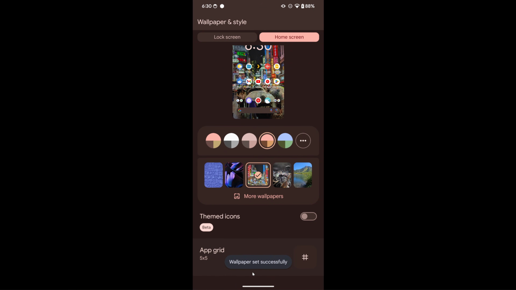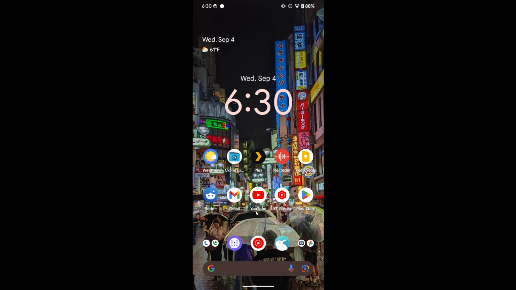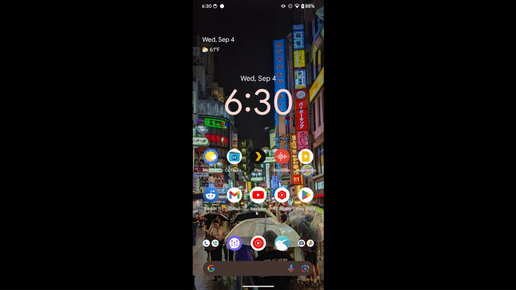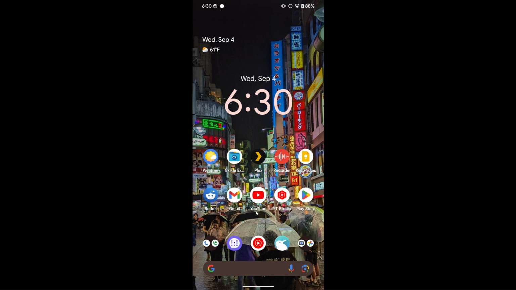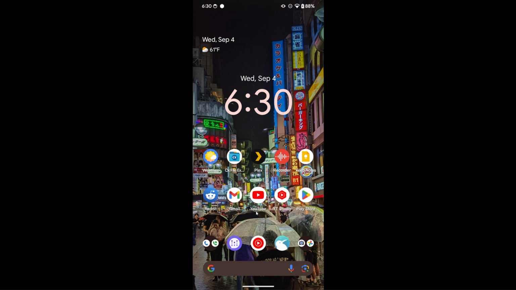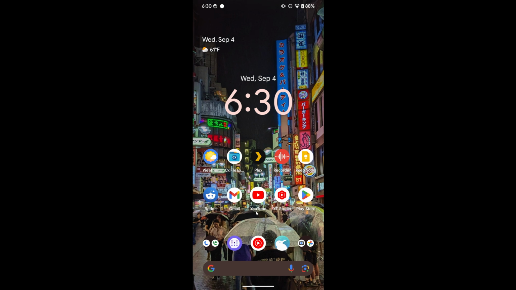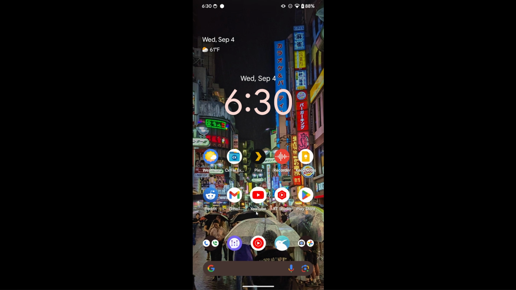Go back out here. So if I kind of tilt my phone around, it's going to change the cinematic wallpaper around. So it's just going to look pretty cool on your phone. And I don't know if I'd necessarily use this background. I mean, it's a cool background, but I like ones that are typically darker. So I might keep messing around with this, but this is just to show you guys a cool new feature